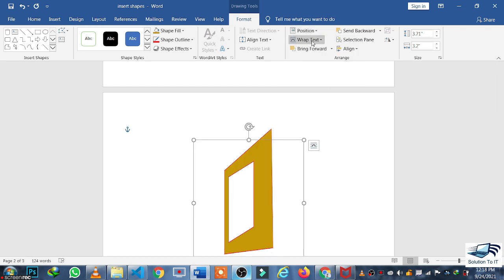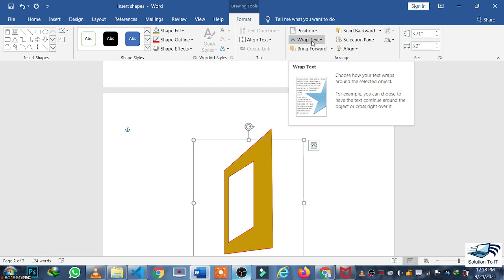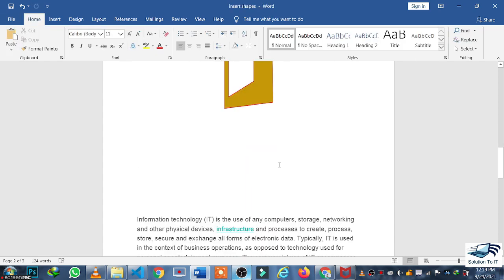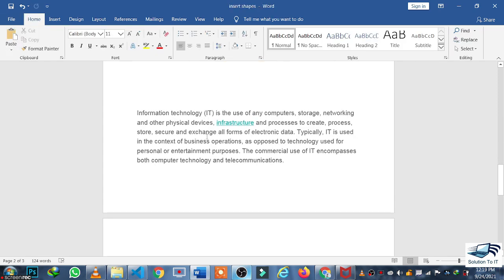And there is the next option of Wrap Text. Wrap Text is the option where you can align your shape with your text. For applying this option, we will have to move toward the text. As you can see, this is our text.